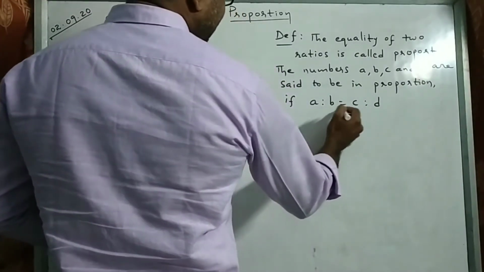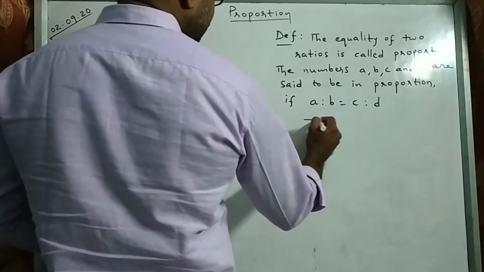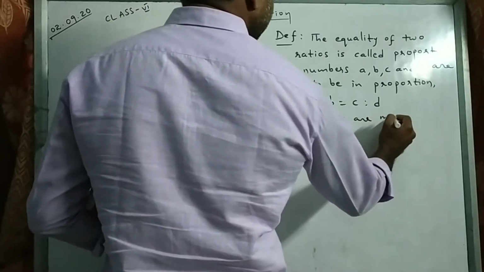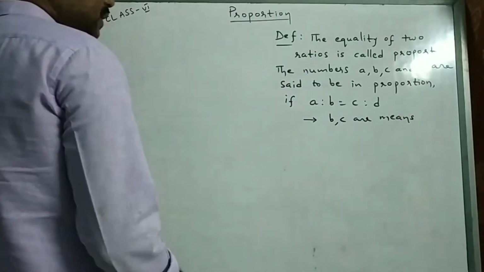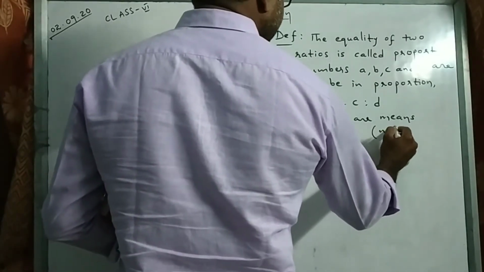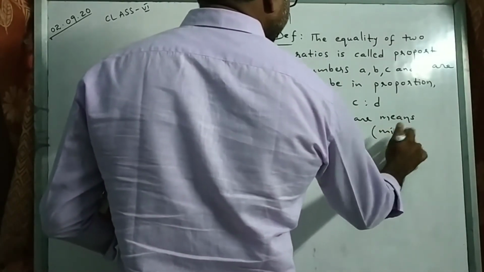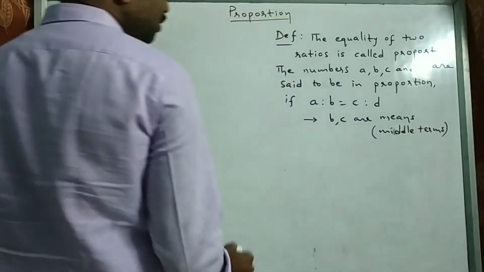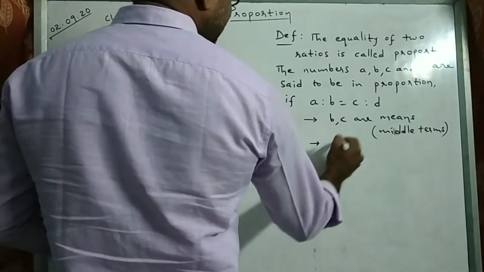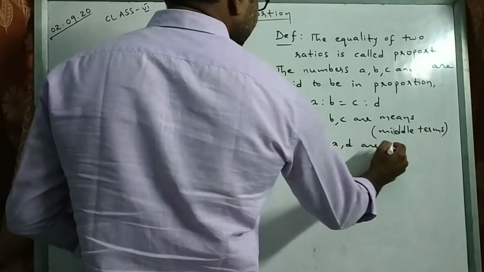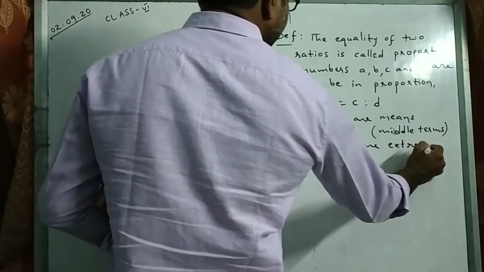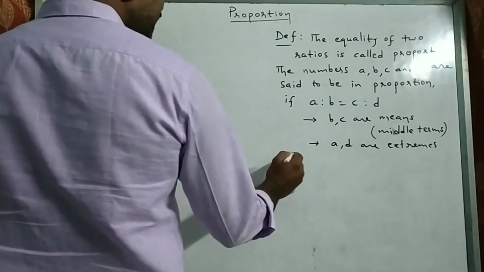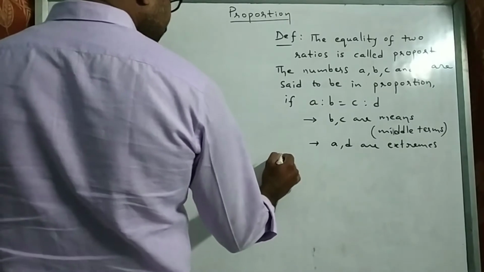Here B and C middle terms are there. Here B, C are called means. Middle terms, no? So since they are middle terms, they are called means. And A and D are extremes. Okay? So to test the proportionality of given numbers, given ratios, here I am writing, see,